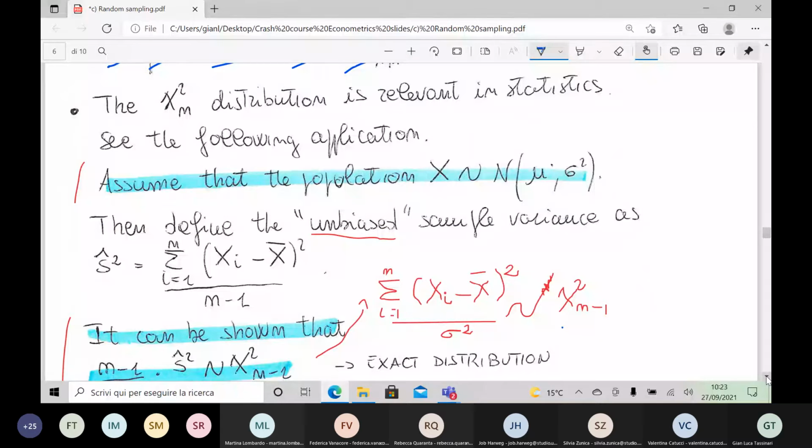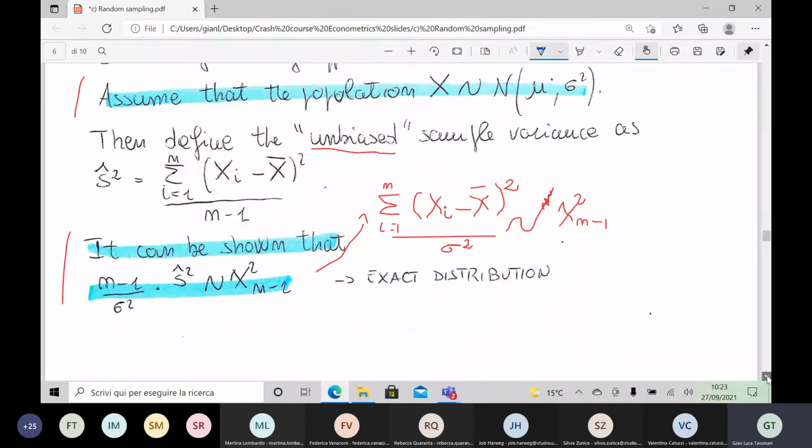So, as we did previously, to derive the distribution of the sample mean, I make again the same assumption. Assume that the population follows a normal distribution with expectation mu and variance sigma square. Now define, and we will talk about estimators tomorrow, capital S square bar